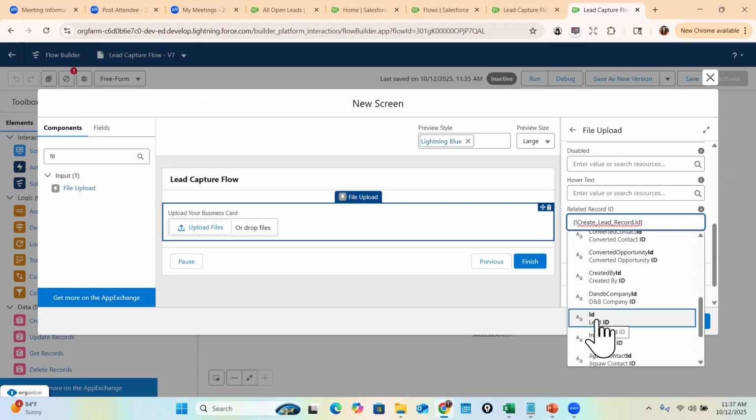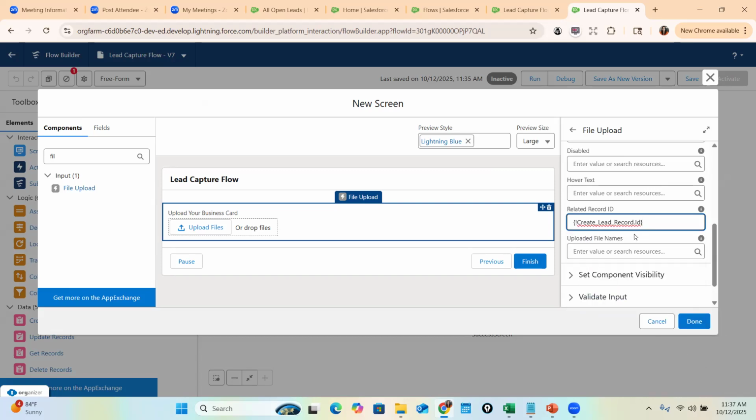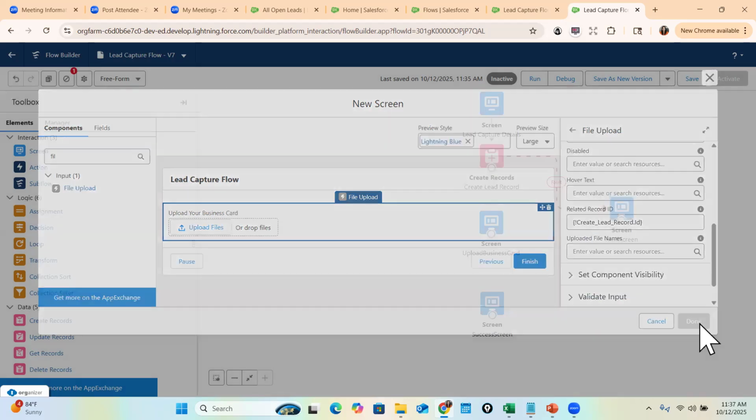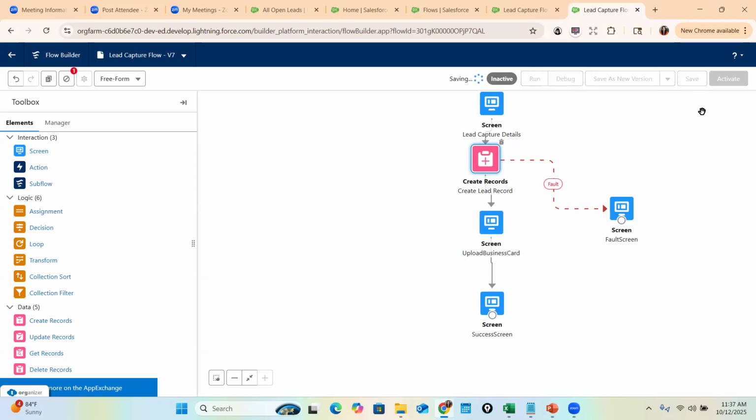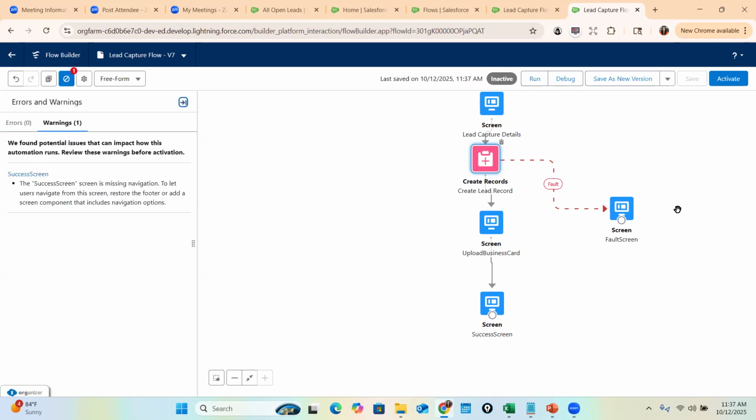So let's go ahead and put this lead record dot ID, hit done here, and then we will connect these two. So we'll select this, and then we'll connect this screen, and then here we will select the screen, hit save, and let's see if this works. Activate it, and